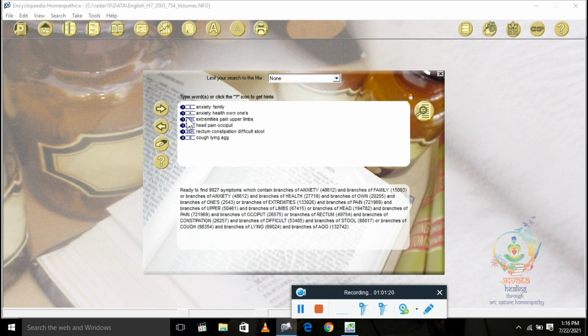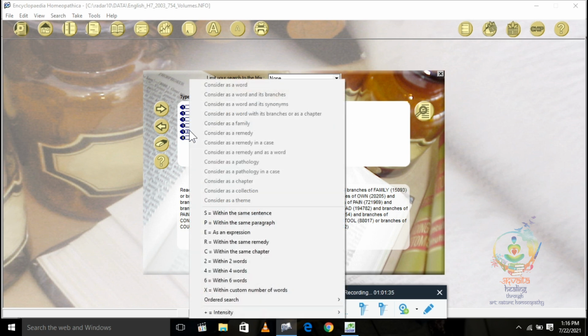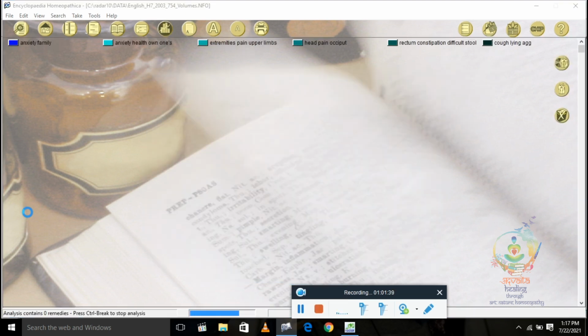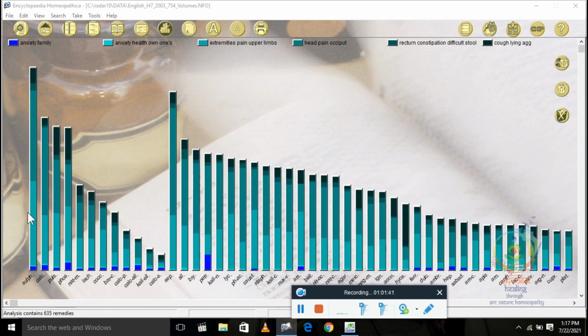So it will search the whole sentence, and if the sentence is within 6 words and covers all the words you have put here, it will show. Let's see. Now you will see how precise your repertorization is. See, remedies have decreased. 1 or 2 remedies disappeared, like that.